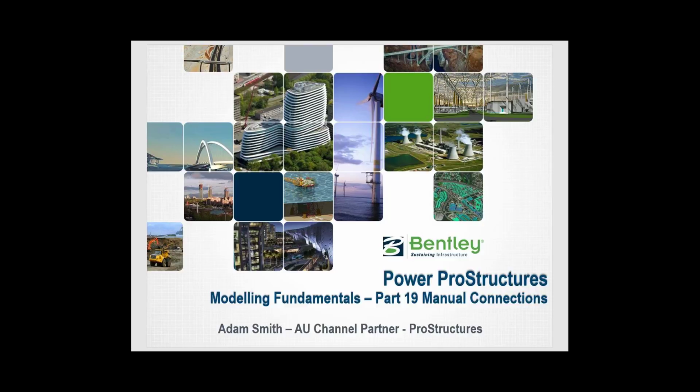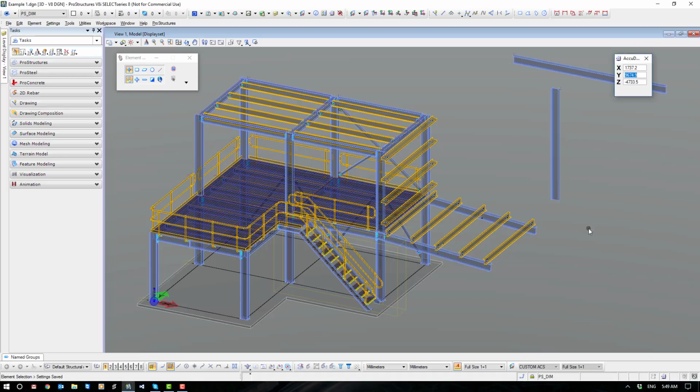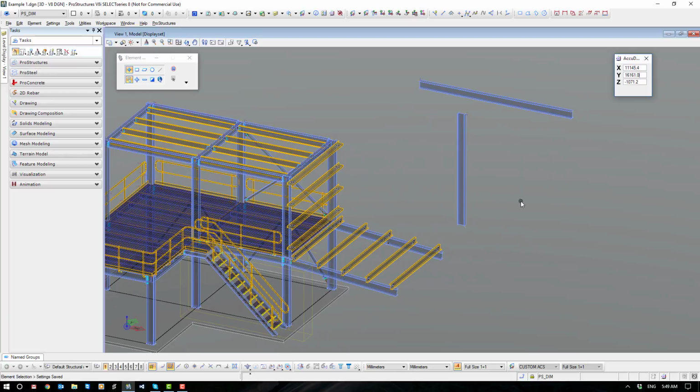In part 19 of our modelling fundamentals, we're going to have a look at the manual connections and what we've got to do to manually create objects that we can't do automatically. In this process, we're going to start piecing together some of the stuff that we've been learning to get us to this point. So for this example, you can see over here that I've got a vertical and a horizontal